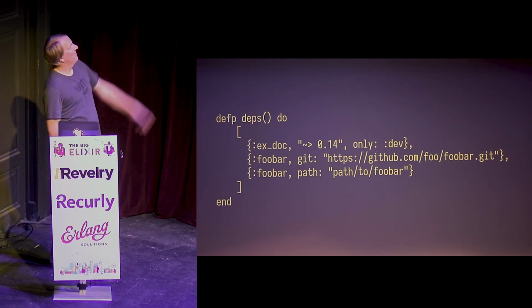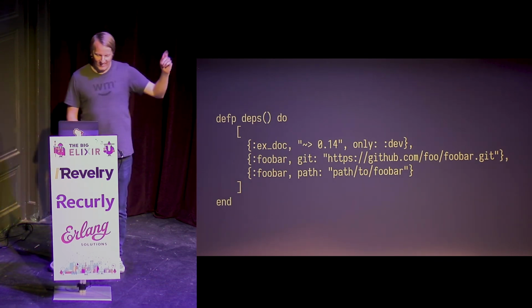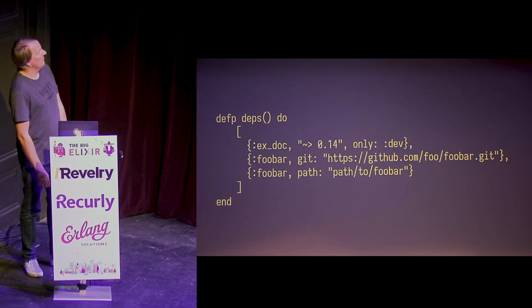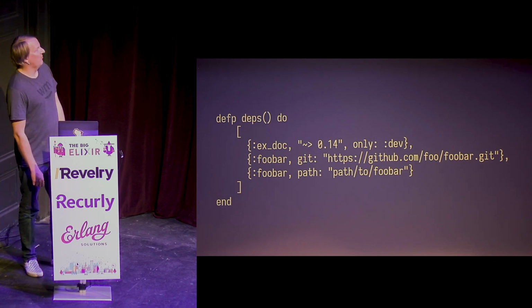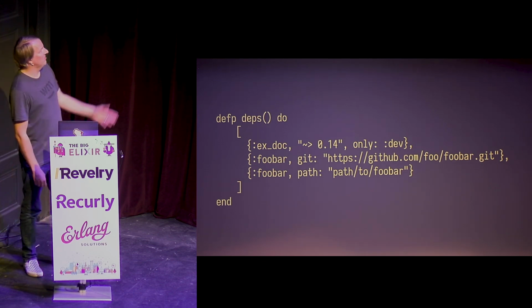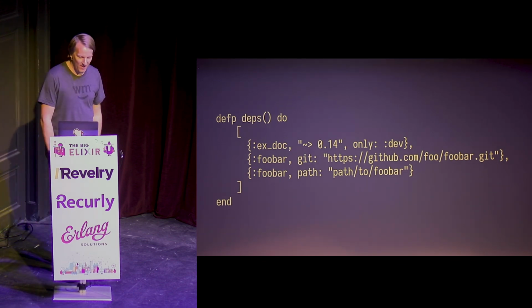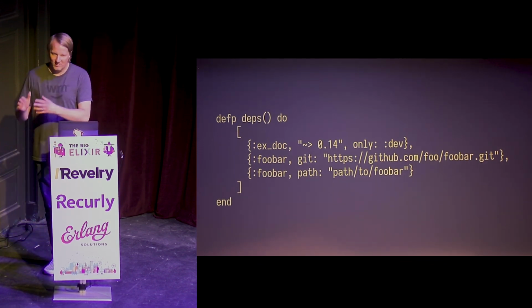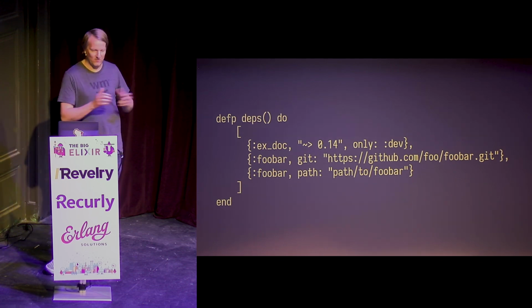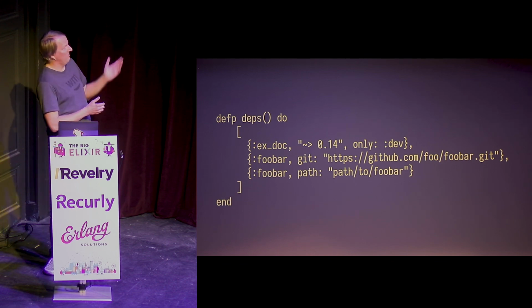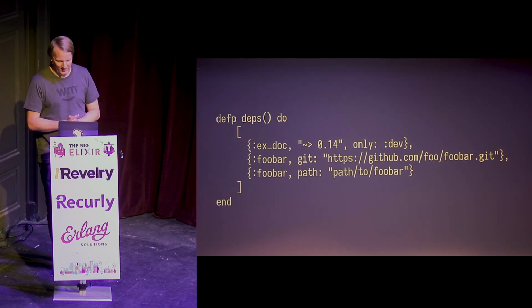Okay. So I ran mix deps.get. What does that do? It looks in your mix file, says, where are my dependencies? So this first form, I think, is the one that we're all familiar with, loading it in from Hex PM. But you can also load it in from a Git resource, or you can load it in from a local path. And so if you're developing a mix library, or if you have something that's really proprietary that your company doesn't want to publish out to Hex or even to GitHub, you may want to load that dependency in as a path. So I just wanted to point that out so you know that that is an available feature.